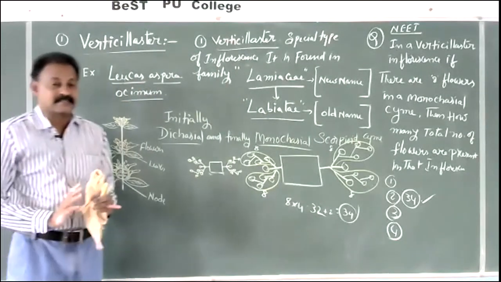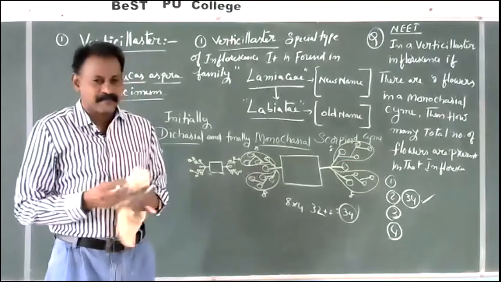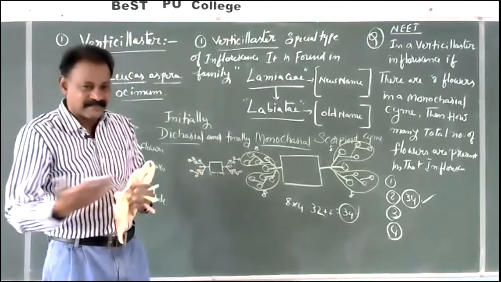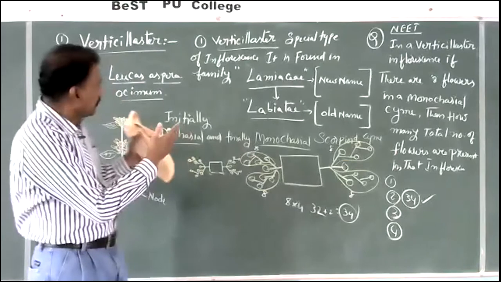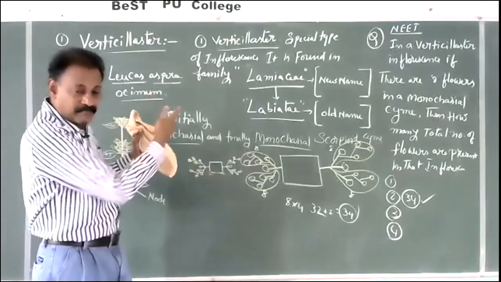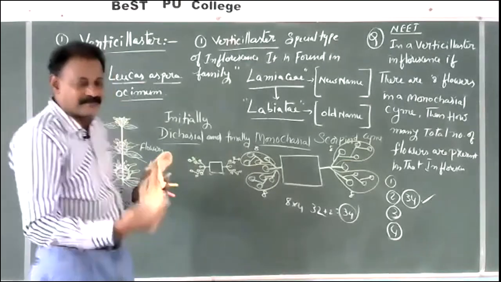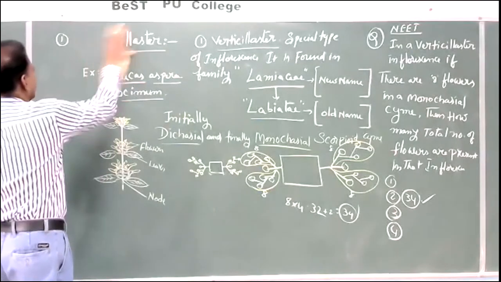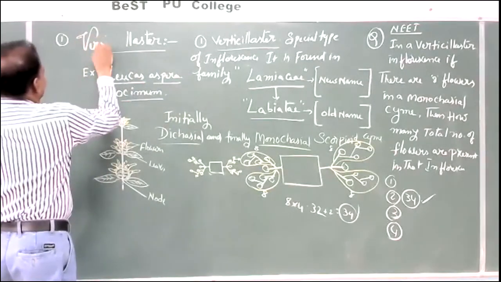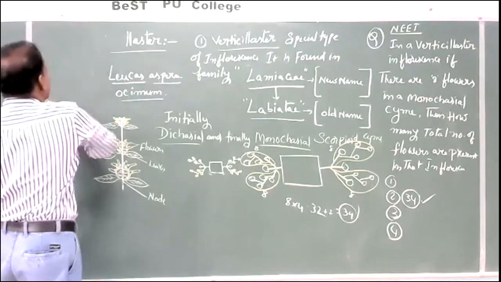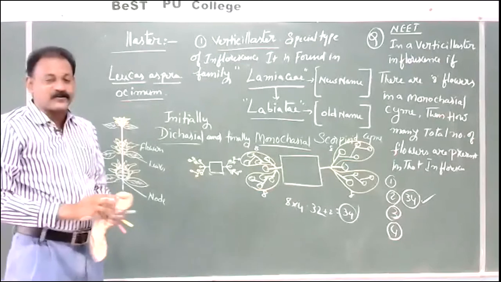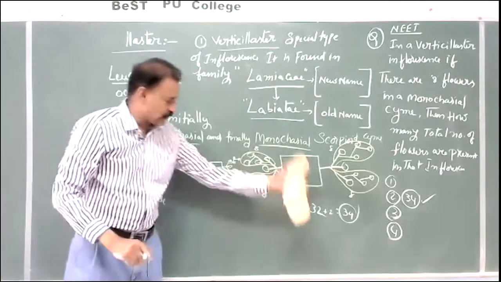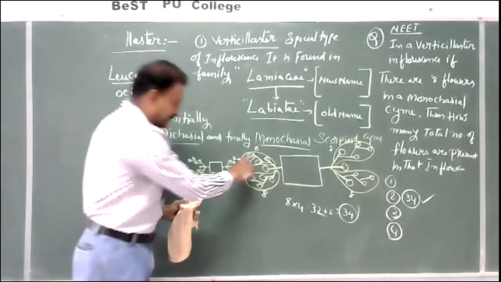Only thing is, my dear friends, listening to the class carefully, identifying, maybe difficulty in my font size. Why? Because you are watching in the mobiles. My font may not be, and maybe the script letters I used to write may not be easily catchable by the students. You cannot catch it. So I am going to change. Actually, I used to write like this. So simply for some students it may not be easily acknowledged. So I will try to write this type of sentences. Verticillaster inflorescence, total number of flowers in every cyme plus 2.